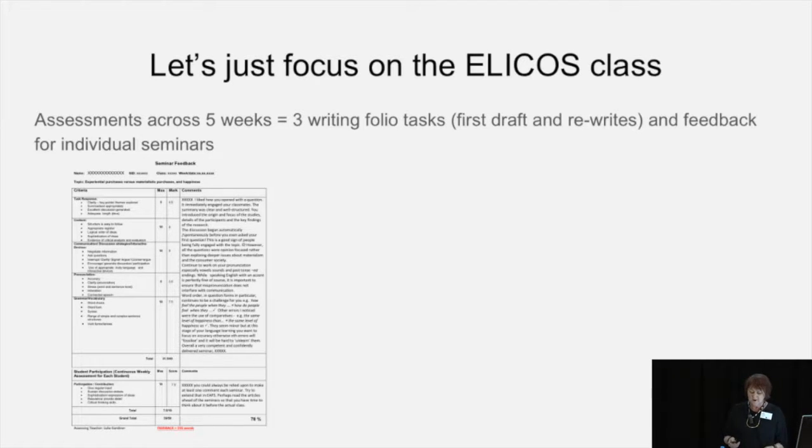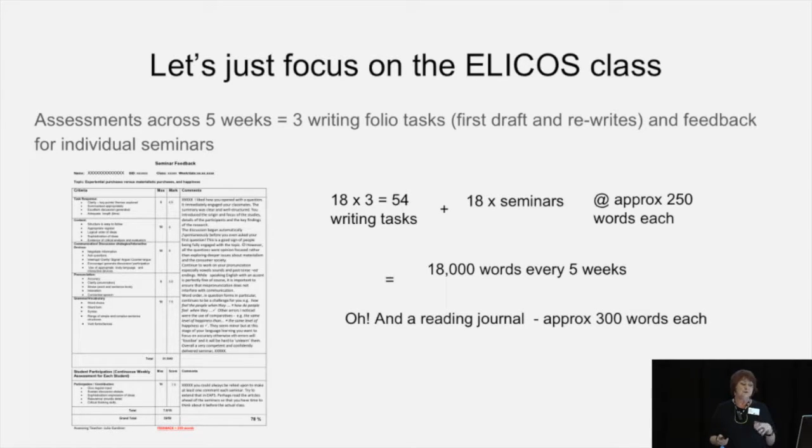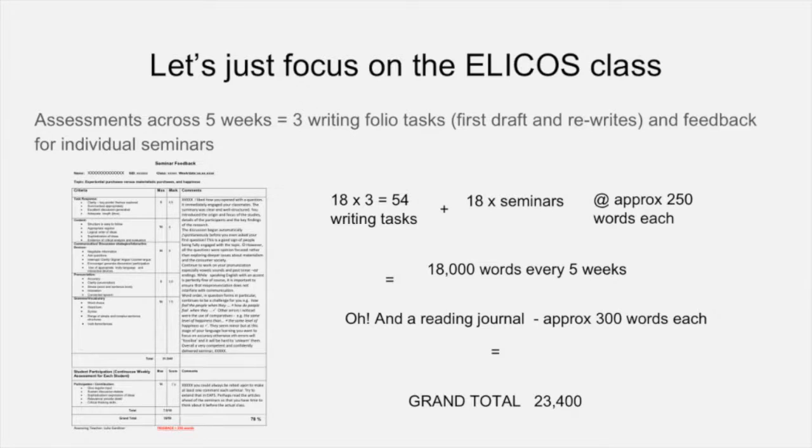I was curious, how many words of feedback do I actually give my students during the 5-week period? So I had 18 students, remember, in the Ellicos class. Each of them had to do 3 writing tasks across 5 weeks, so that's 54 writing tasks. Also had 18 seminars, where each student gave a seminar, and I had to give feedback for that, of approximately 250 words each. So that's about 18,000 words every 5 weeks. And I had the reading journal, which was also about 250 to 300 words each. So I was gobsmacked when I thought, oh my God, that's nearly 24,000 words I'm typing each 5-week block,